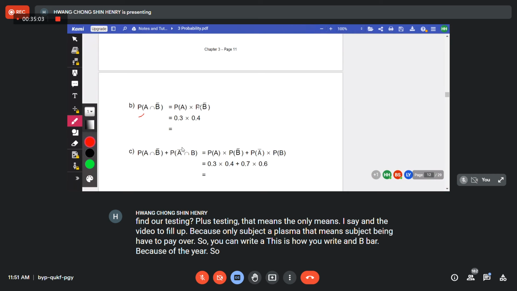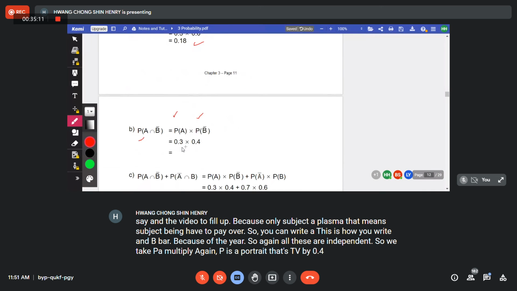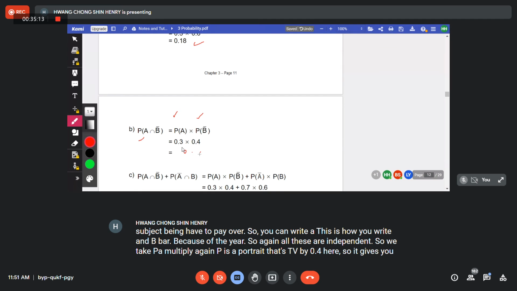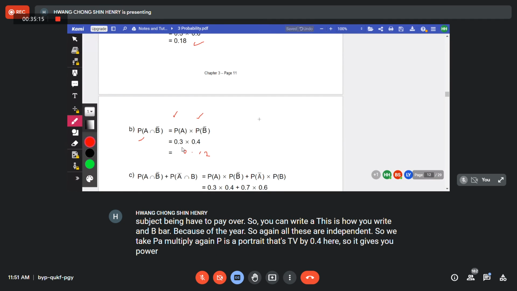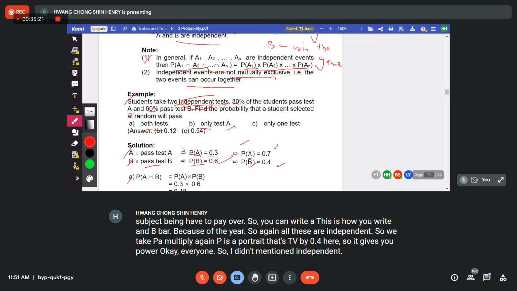So again, all these are independent. So we take PA, multiply PB bar. Again, PA is 0.3 times PB bar is 0.4 here. So we get 0.12. Okay, everyone? It's already mentioned independent. Next,